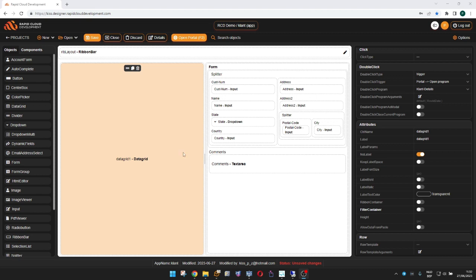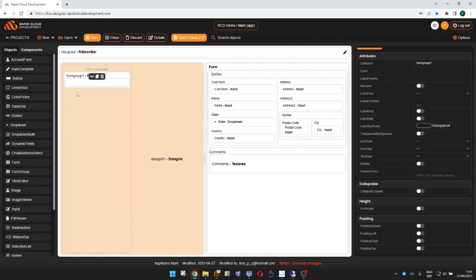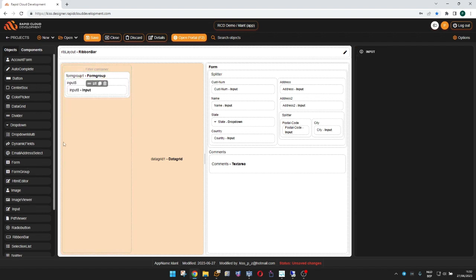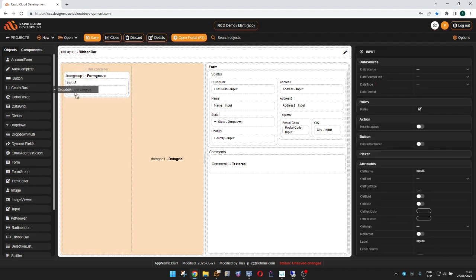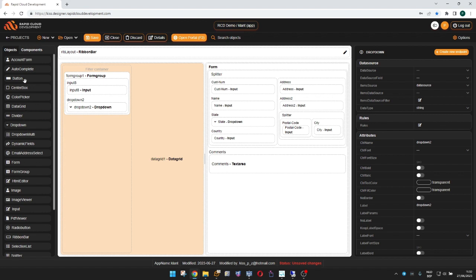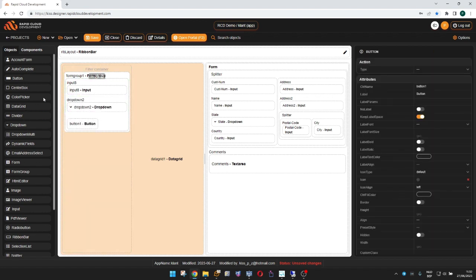As you know, we've discussed this in previous videos, we can add filters to any grid by clicking the filter container. Here the attribute then shows a filter container where we could add a group and maybe some additional fields like drop downs and buttons or whatever, everything which we need in a filter. Now you can do it in this way,